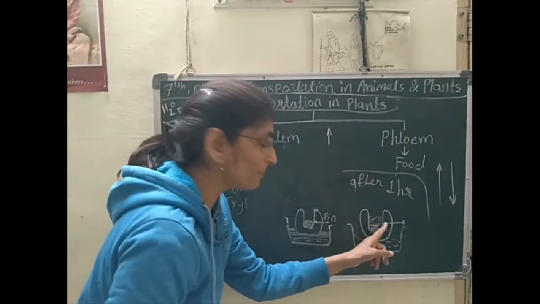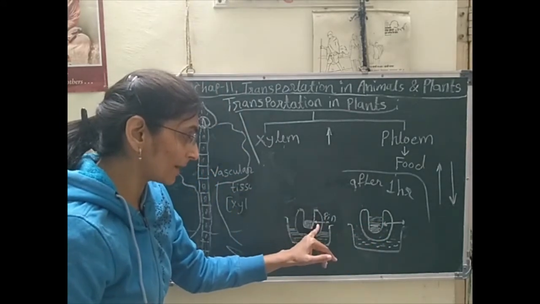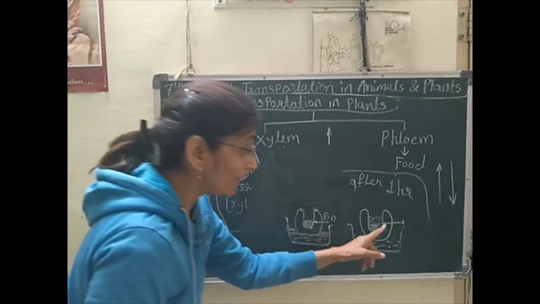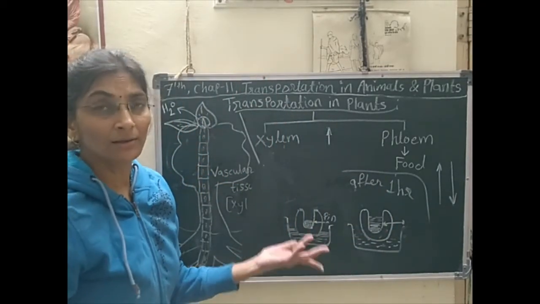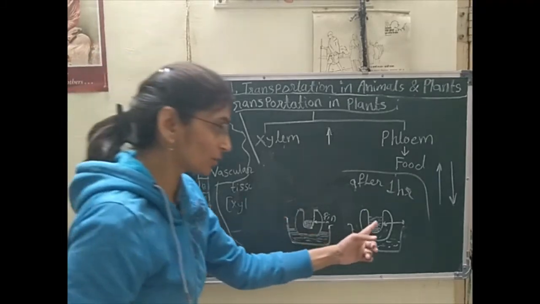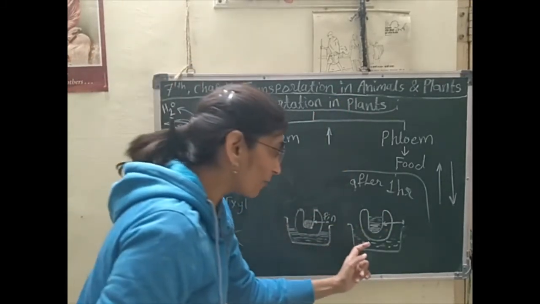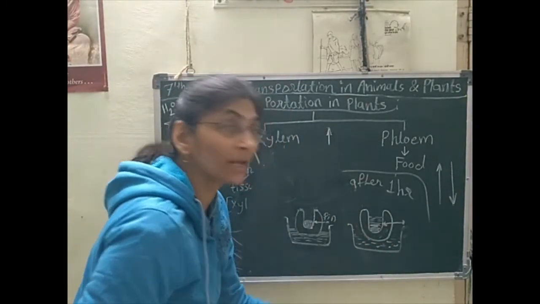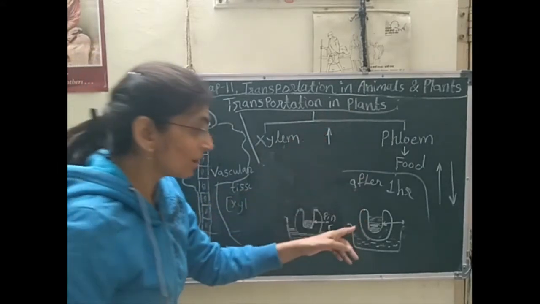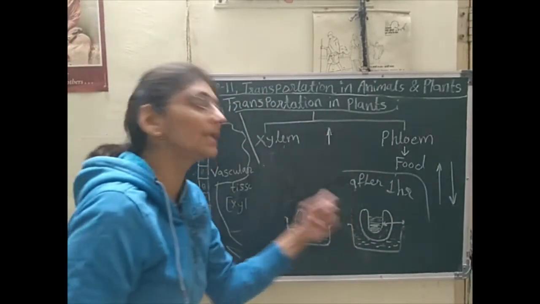मतलब यहाँ पर जो हमने पिन इंसर्ट की है लेवल पहले फिक्स करने के लिए, ये पिन के ऊपर वो सॉल्यूशन चला गया, अपने आप तो नहीं जाएगा ना ये शुगर सॉल्यूशन की लेवल ऊपर. तो क्या हुआ यहाँ पर, ये वाटर जो नीचे कंटेनर में था ये पोटैटो के सेल ने पूरा एब्सॉर्ब कर लिया है और ये शुगर सॉल्यूशन की लेवल यहाँ पर इंक्रीज हुई है.